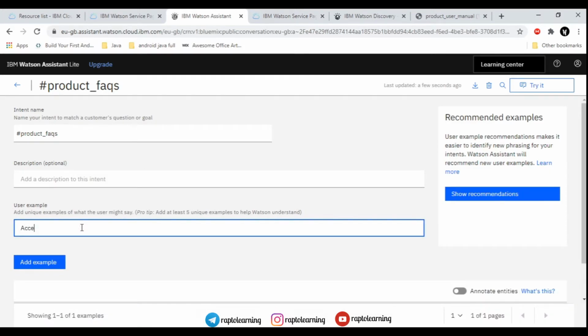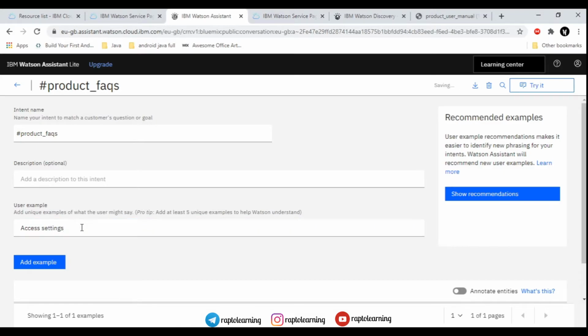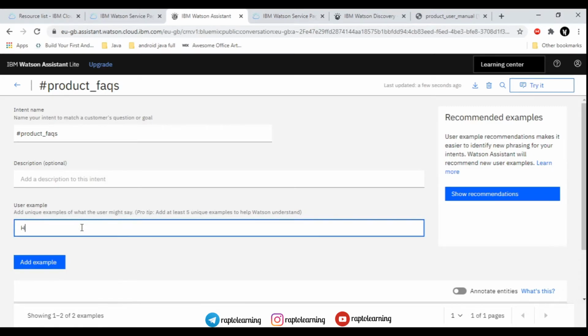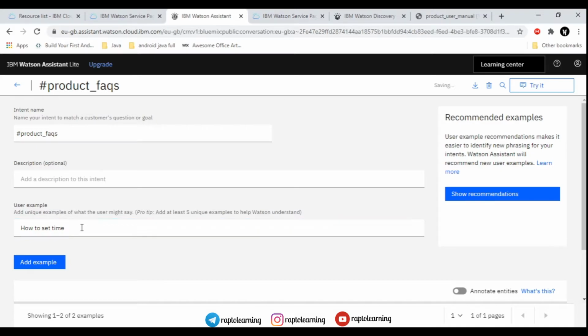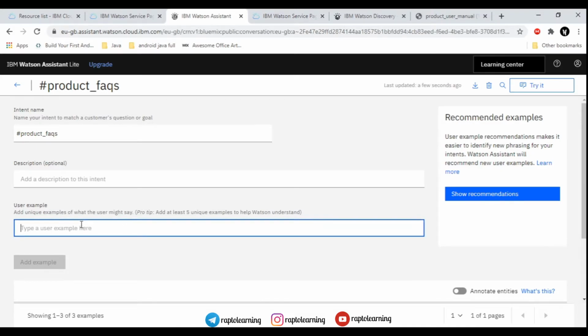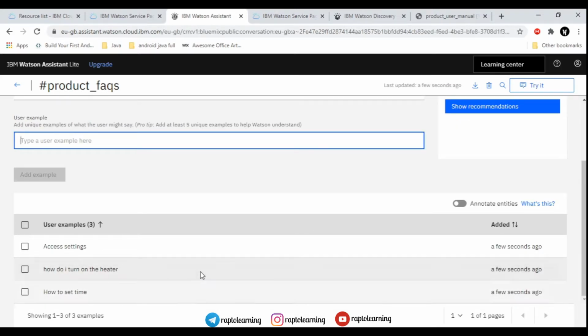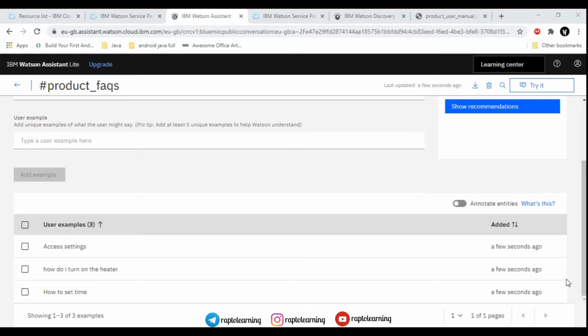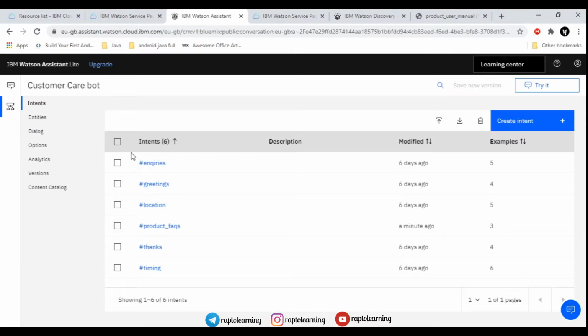You can also ask any question whose answer is mentioned in the PDF document, access settings, and I will add a few examples to this. So you can add your own examples. How to set timer and all, thermostat also as a timer. I have just created 3 examples for now, so you can create many more examples for this. This is sufficient for now.